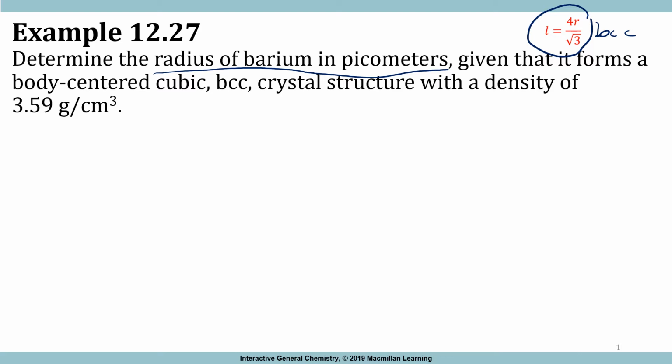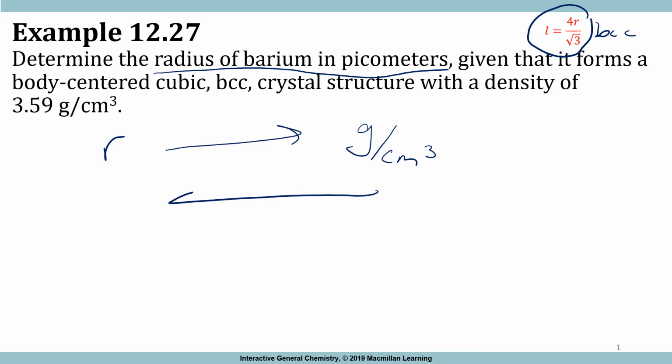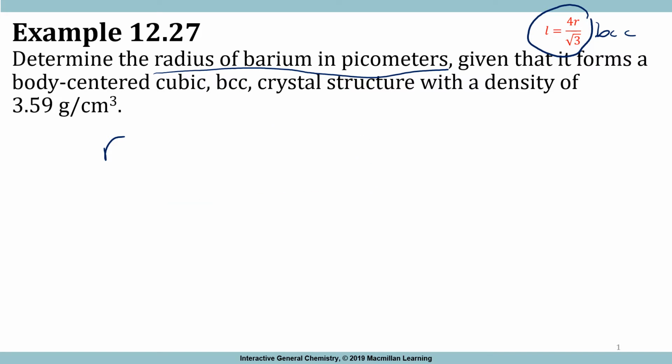In the previous question, we started with the radius in picometers, and we had to calculate the density. Now we just got to go backwards from density to radius. How are we going to do that? All right, so they gave us barium. We need to know what is the molecular weight of barium. So barium, I think it's 137, if I look at the periodic table of elements,